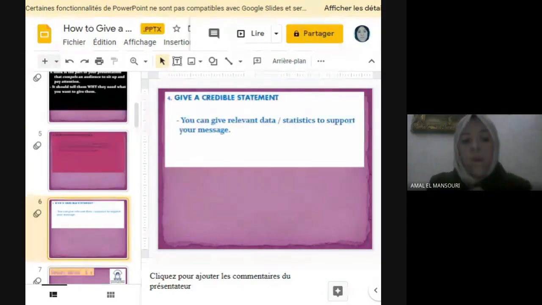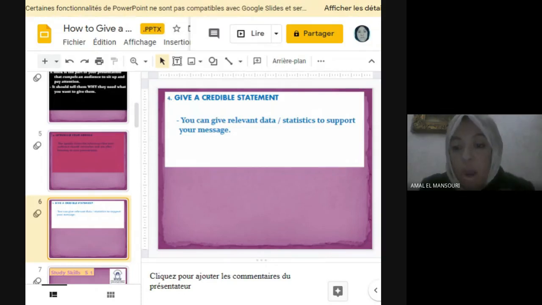So the next point is give a credibility statement. Now, the credibility statement establishes your qualifications as a speaker. You should come up with reasons why you are someone to listen to on this topic. Why do you have a special knowledge or understanding of this topic? What can the audience learn from you that they couldn't learn from someone else? So credibility statements can refer to your extensive research on a topic, your lifelong interest in an issue,